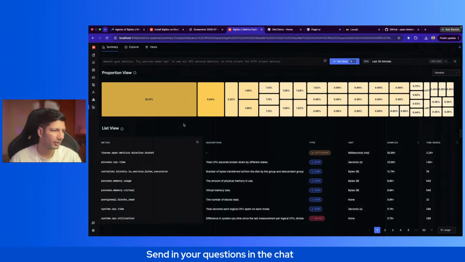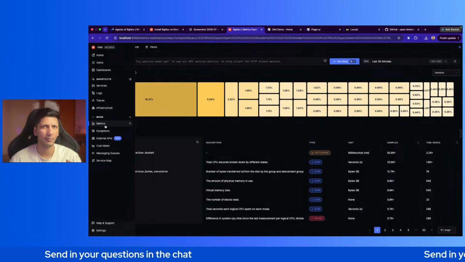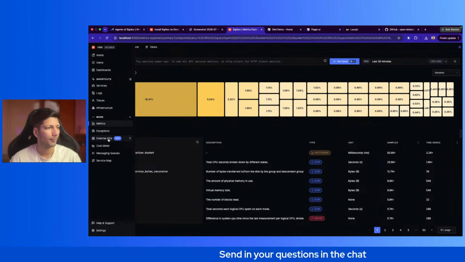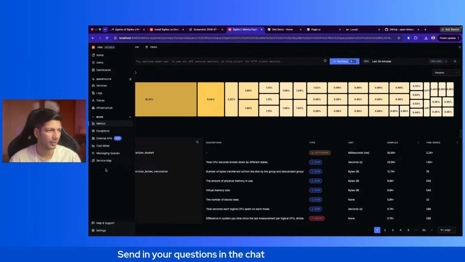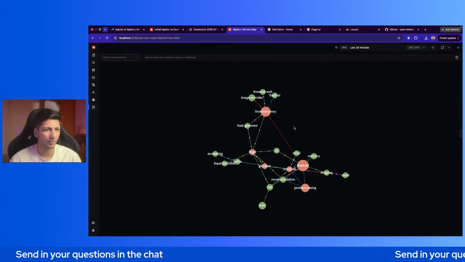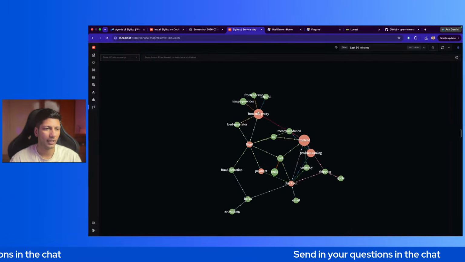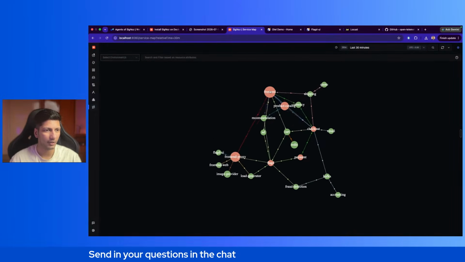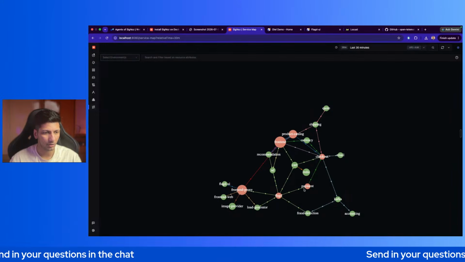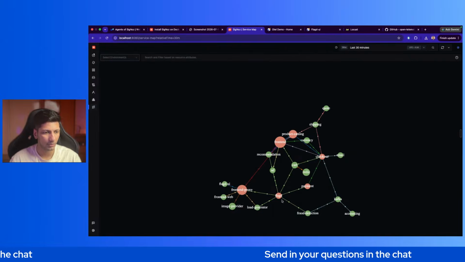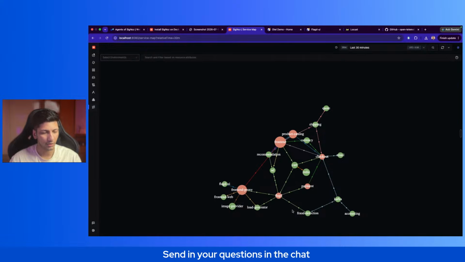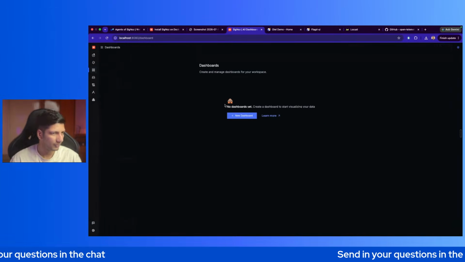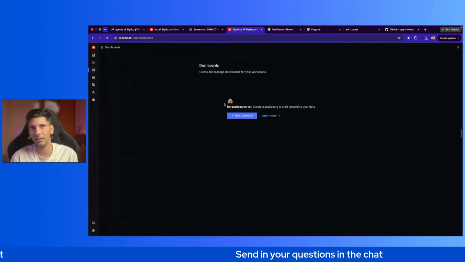Metrics also, you can check, but I don't think we'll be covering metrics in this one. If we get time, maybe I'll show you some metrics, and all the other things like queues and all. You can explore that. You can also see the service map if you want. This will tell you which application is connected how and where. So we have front end proxy, front end, and product catalog, then checkout. Basically payment is connected to checkout, and flag is connected to fraud detection, Kafka service, accounting, and all the other things. Okay, so now let's jump straight to the dashboard and see how we can create a good dashboard